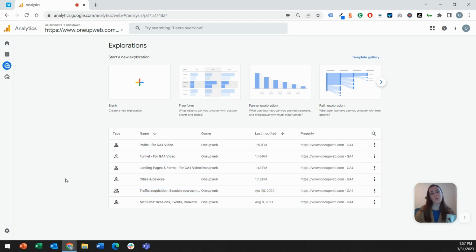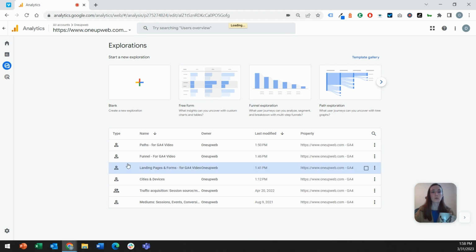Okay, so what do we do if we want to share this with somebody outside of the organization or somebody who doesn't have access to your Google Analytics? You can export these as PDFs. If you go into an individual one, this is an option in the top right corner. So if you do want to share it more widely, PDF is likely the best option for that. All right. So let's get into the three most common types of explorations.